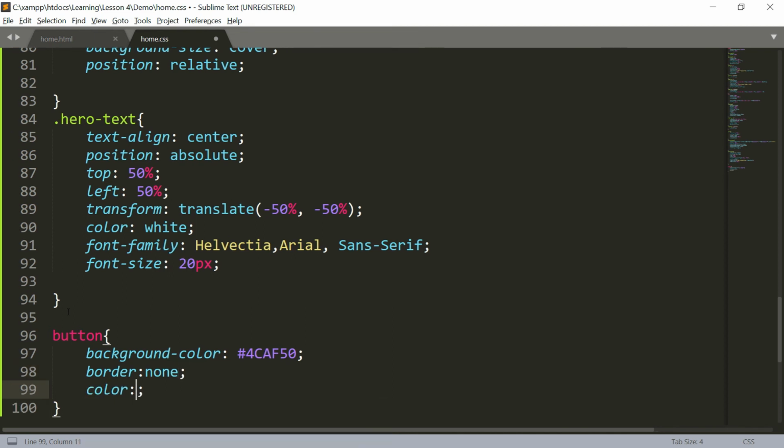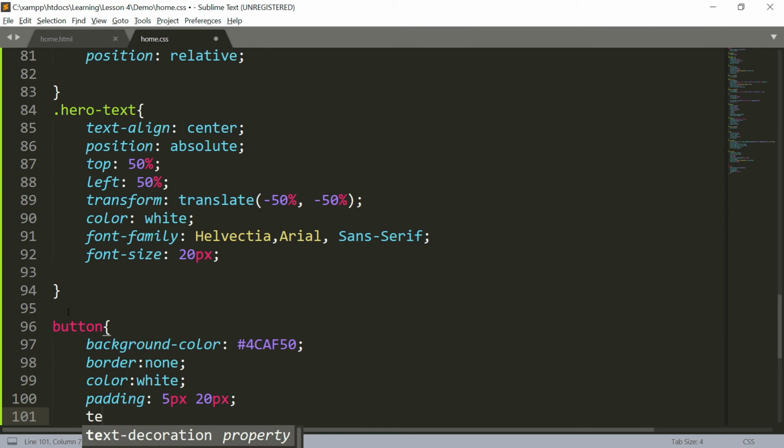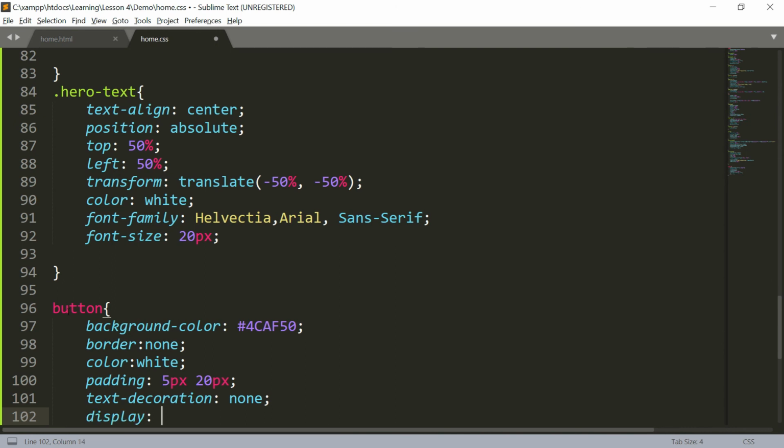Color should be white, and a little padding after that. So padding should be around 5px 20px. Okay, after that we don't want any text decoration on this, fine. Display should be inline-block,